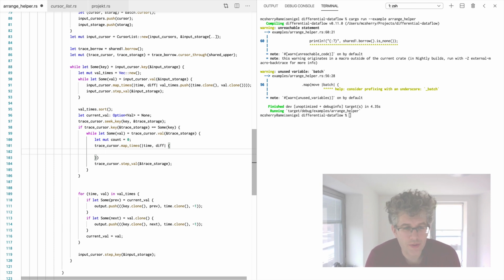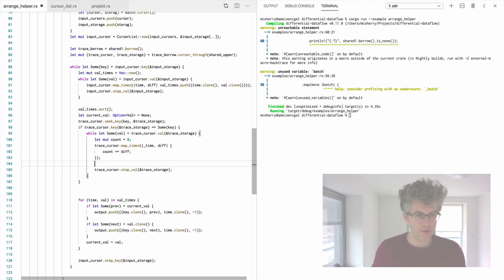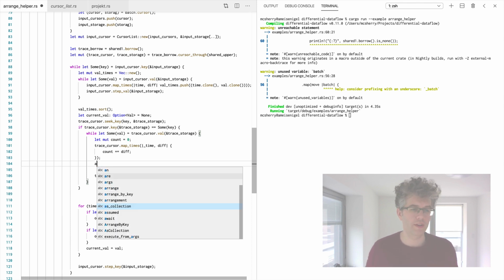Times and diffs all over the place. We kind of know that the trace cursor only contains diffs less than shared mumble anyhow, because we haven't produced those outputs yet, so we should just add everything up. We can even just ignore the time, I think, and just do count plus equals diff, at which point hopefully we have